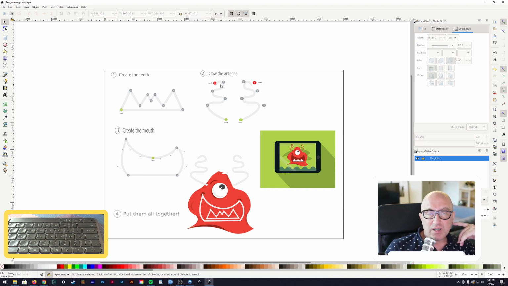Then we're going to use the node editor, which is here at the top. So we're going to edit the paths with nodes. So when we create this path through here, we have to sort of pull the nodes apart. And what that will do is allow the jagged lines to bend. And then we're going to go and put the mouth together. And then what I've done is number 4 is for you to go and put them all together into a